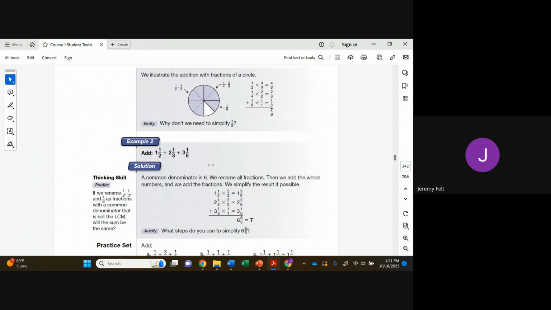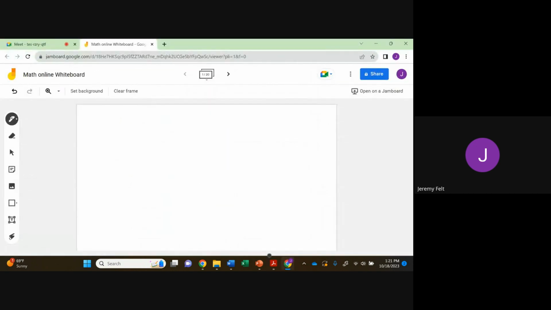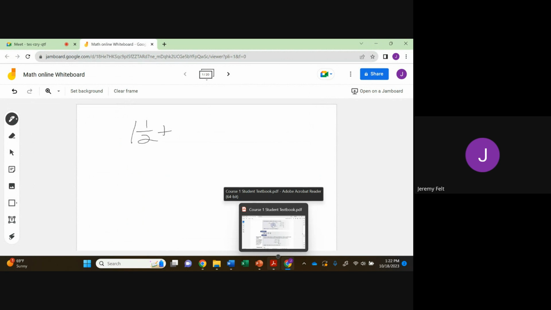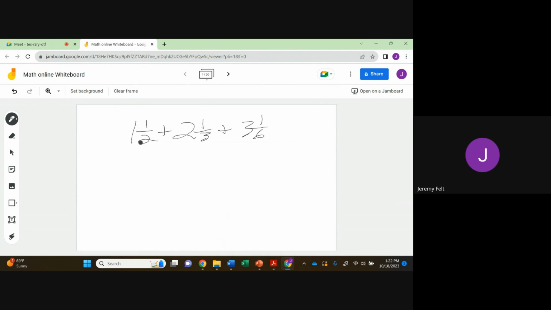If we have 1 1/2 plus 2 1/3 plus 3 1/6, even though they're mixed numbers, the same rules are going to apply. 1 1/2 plus 2 1/3 plus 3 1/6. So multiples: 2, 4, 6, 8; 3, 6, 9; 6, 12. They all go into 6. So again, this is going to be multiplied by 3 over 3. This one 2 over 2, and this is already over 6. So I get 1 3/6 plus